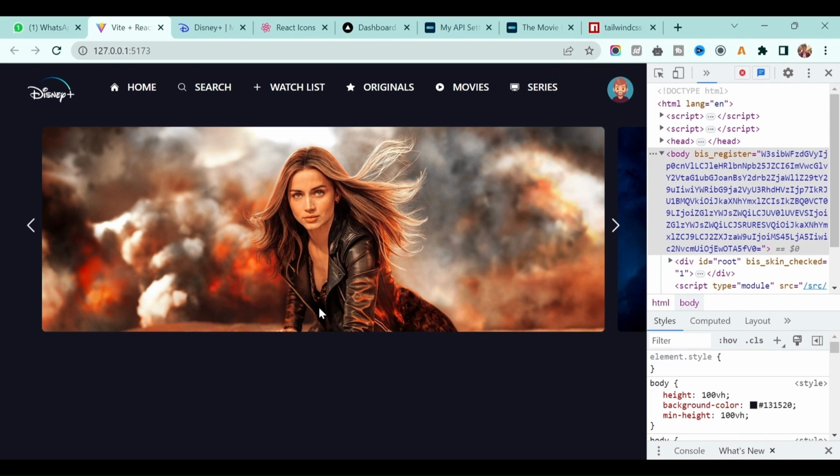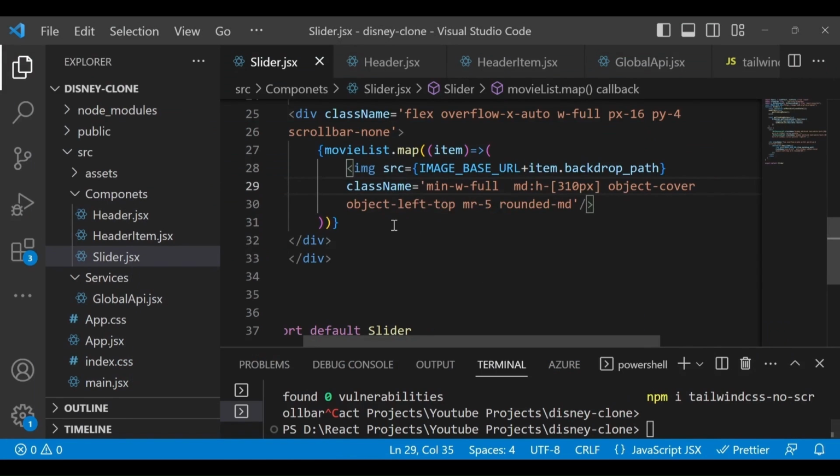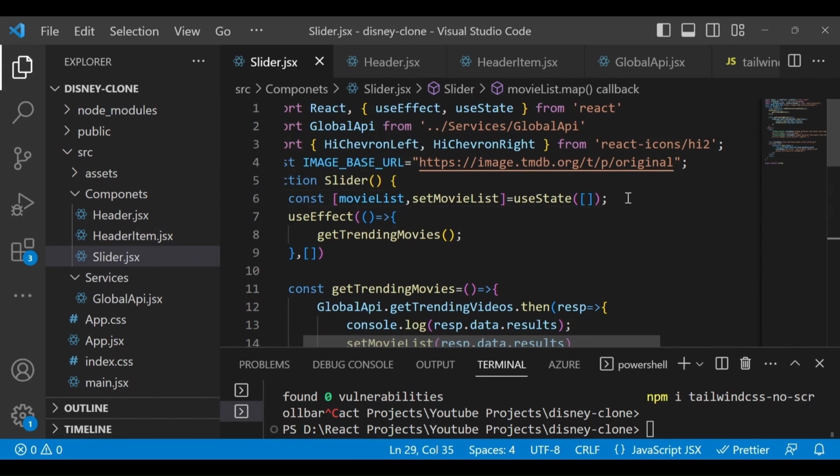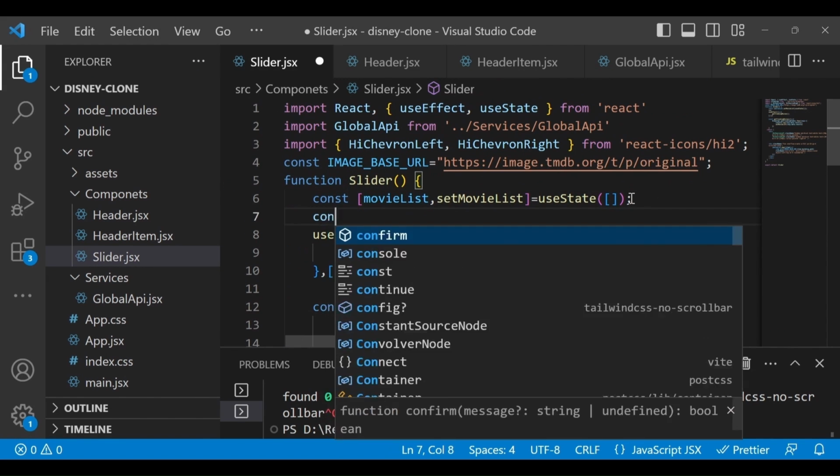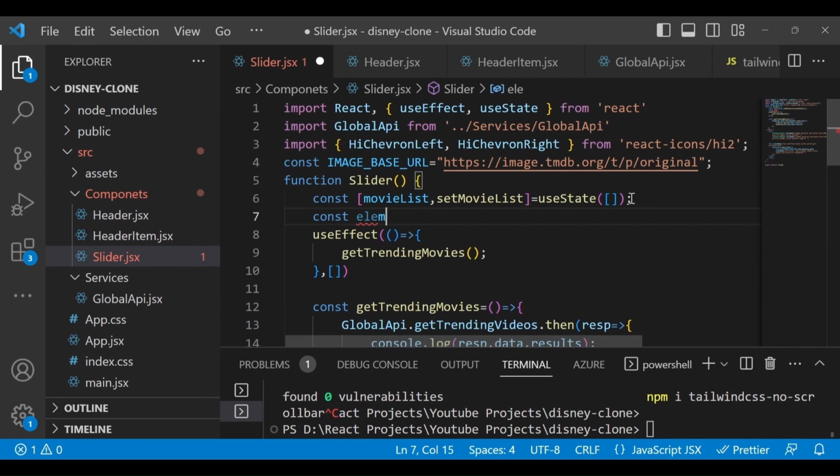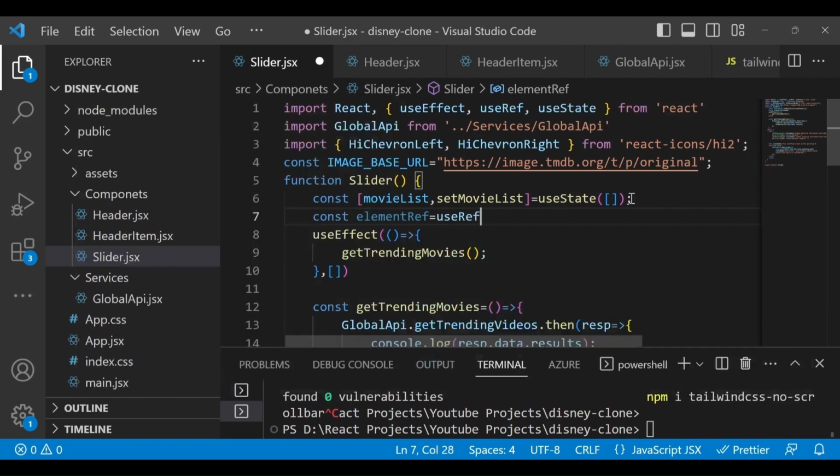Now add the click events to the navigation slider. So on the click of right or left, the slider will navigate. Okay, so first, just use one inbuilt hook again, the React inbuilt hook. Define one constant, and I will write elementRef, which is equal to useRef.